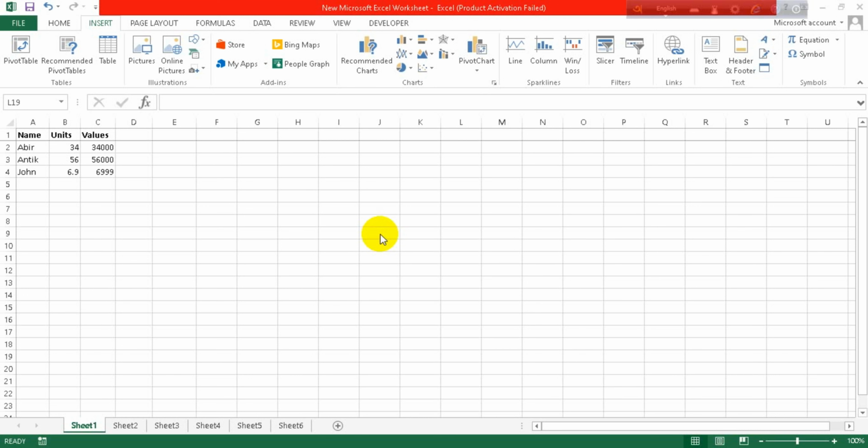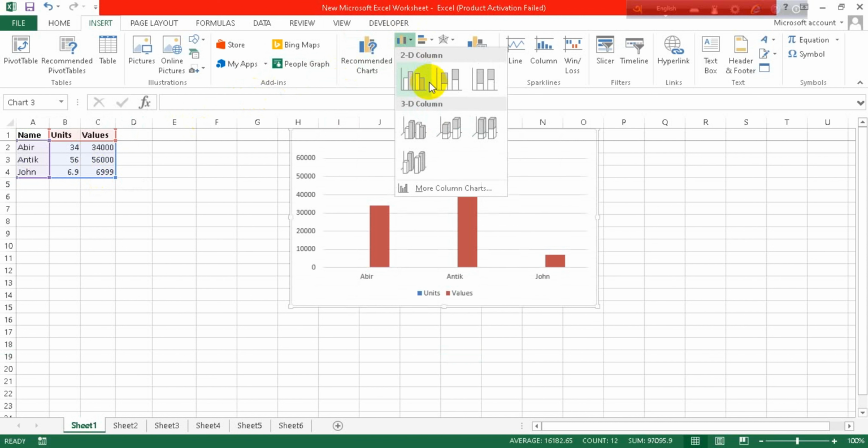In this tutorial, I'm going to show you how to make a histogram in Excel. Actually, you should have a histogram here by default. If you don't have it, just click on this OK first. Select the data and just click on this option